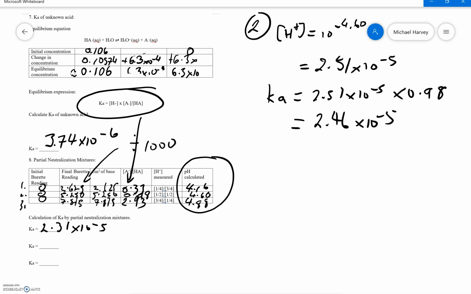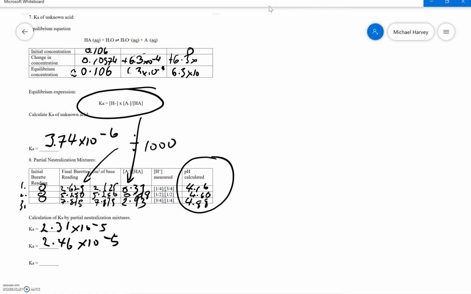So it will be 2.46 times 10 to the negative 5. Okay, the numbers are kind of matching. That's a good sign. So that's the second example. And for the final example for our average, of course, we do things at least in triplicate. For IAs, I'm expecting about 5. Let's be consistent. The concentration of the protons will equal 10 to the negative 4.88,